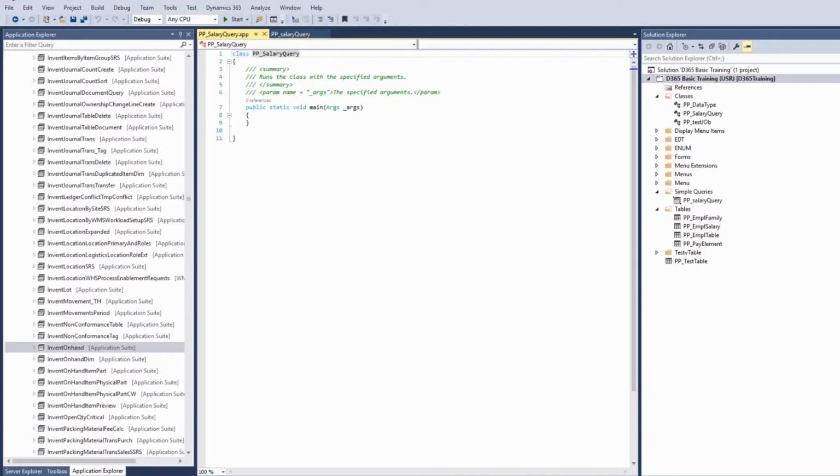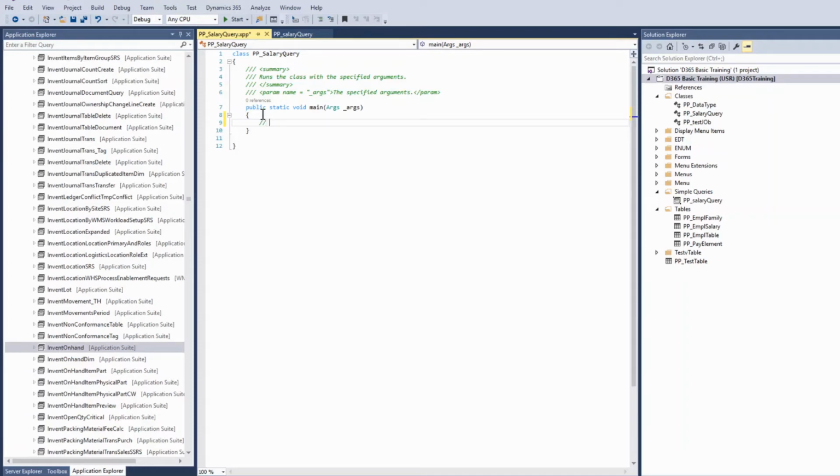This is very important. The query object model contains classes to define and run the query. These objects are used to define the query data source, but in the case of static queries, we already define the data source, the fields, the range, and the relation in the static query only. In a dynamic query, this query object model will help us define the data source, the fields, the ranges, the relations, the group by, the order by, everything via the query object model.